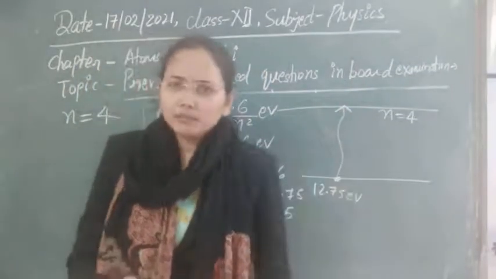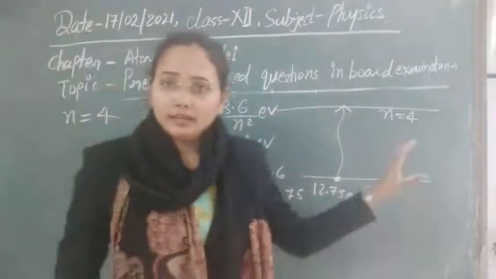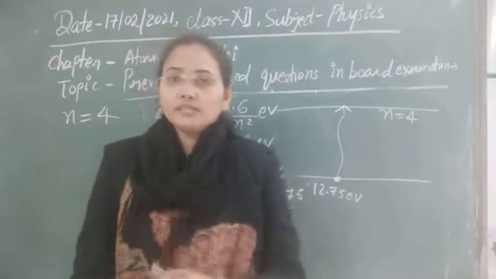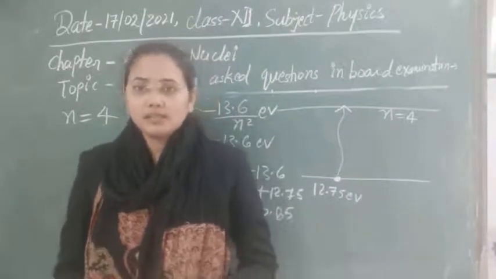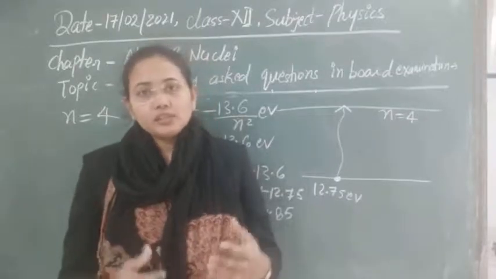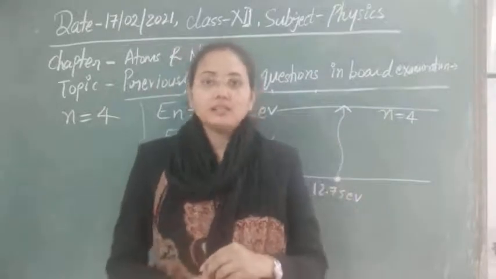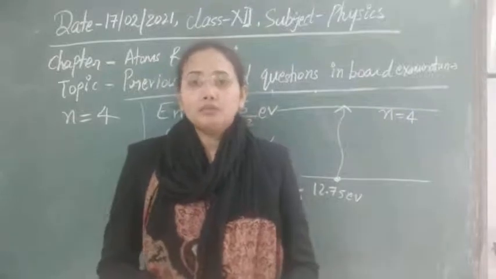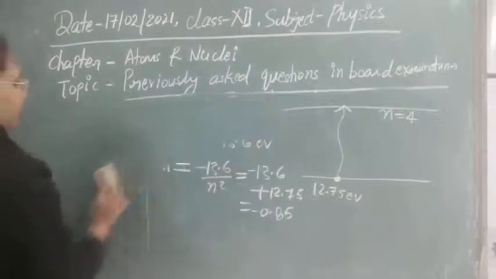Second question, a number of questions are asked from this topic. If this electron is excited to the n is equal to 4 state, then you know that obviously after some time it will again come back to its original, normal state, and then automatically it will emit some radiation. So what are the ways through which it can come to the ground state, or how many spectral lines will you get here? So we have to draw the energy level diagram for this.